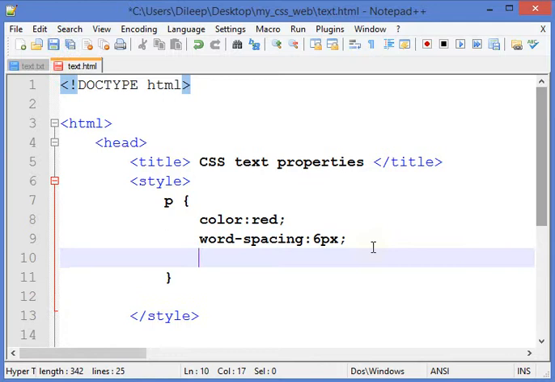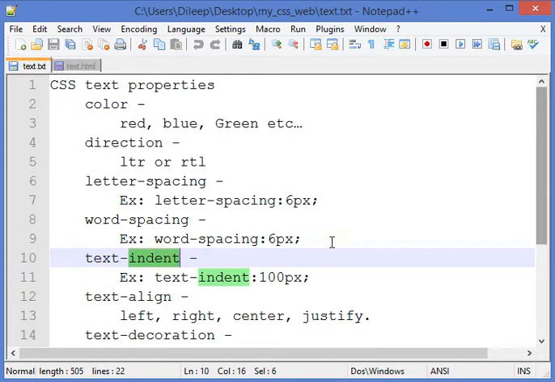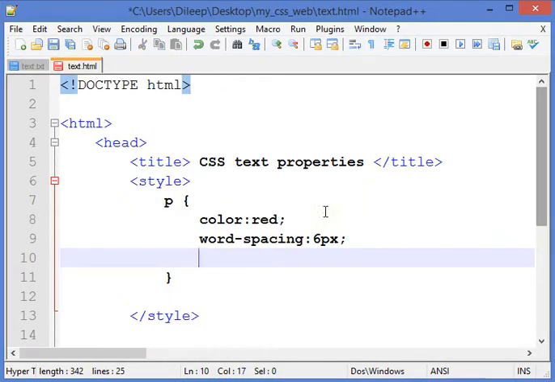Now let us see another text property, that is text indent. Let's go to our code and I'll put here text indent property, and the value can be in pixels. Suppose I want to give a 50 pixel indent.